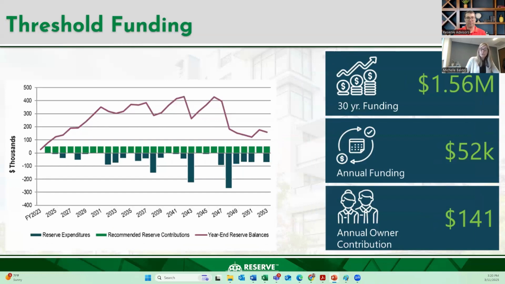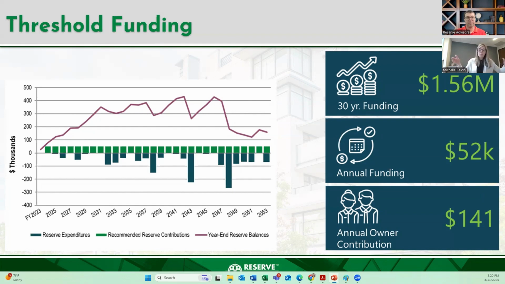So moving to threshold funding, again, same exact expenditures, but now we're putting a threshold in here. So we're not bringing that reserve balance right to zero. In the critical year, we're keeping a threshold or a cushion here. And I think it's important to explain the threshold a little bit. This is a question we'll get asked about. It's not a hard and fast rule where every community will have the same exact threshold. We will make a recommendation when we look at your overall expenditure plan, right?